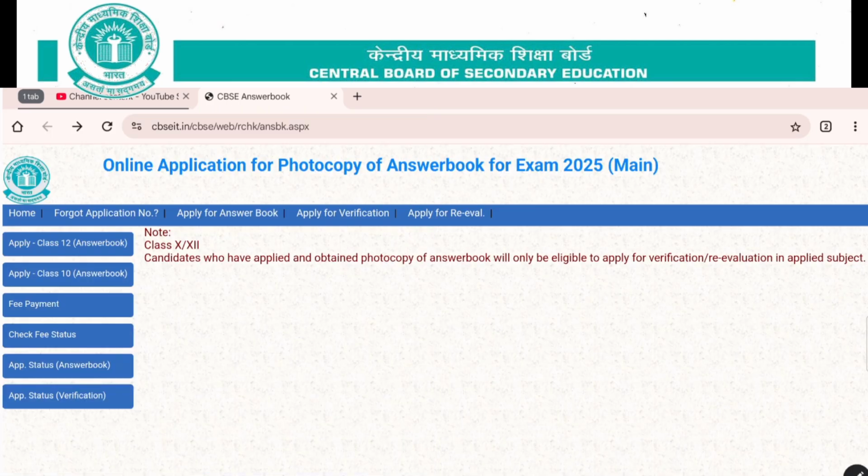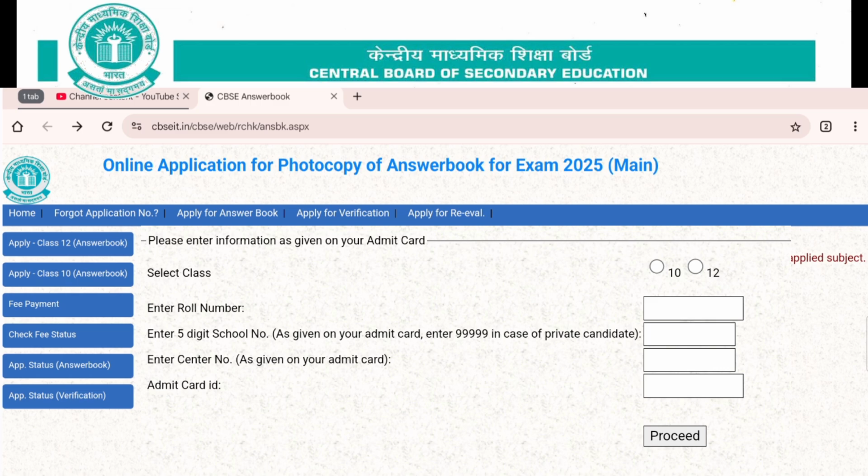Now what they are going to ask you when you apply, so you should have these details handy with you during that process. First they are going to ask you to select the class, then to write your roll number, then the 5-digit school number, your school code. This is also available in your marks card and admit card.